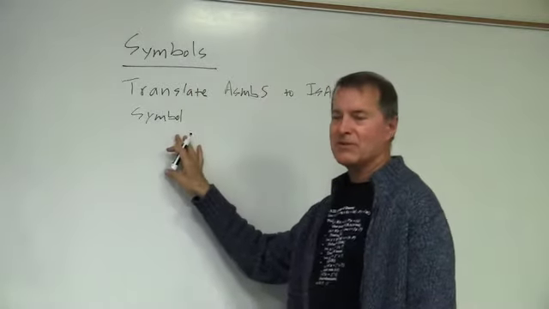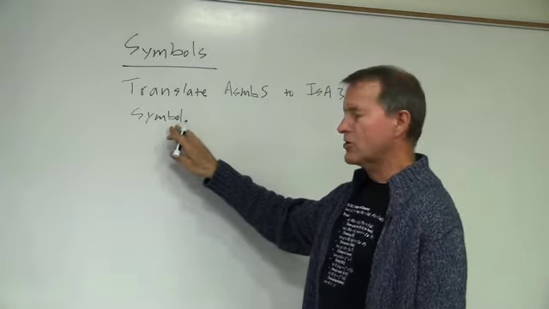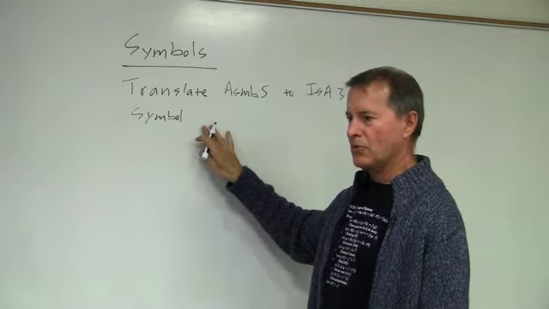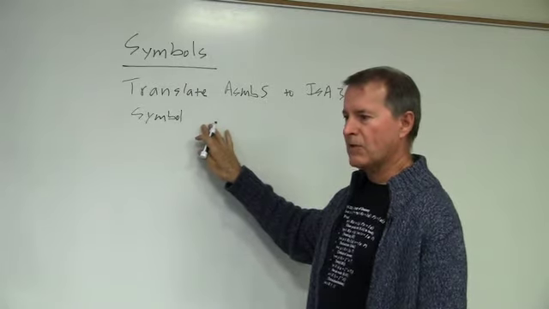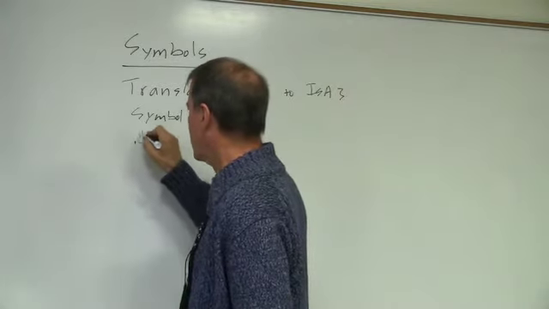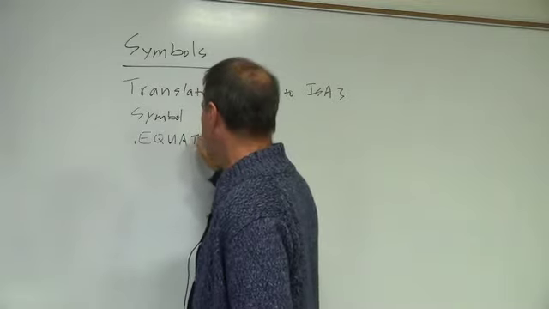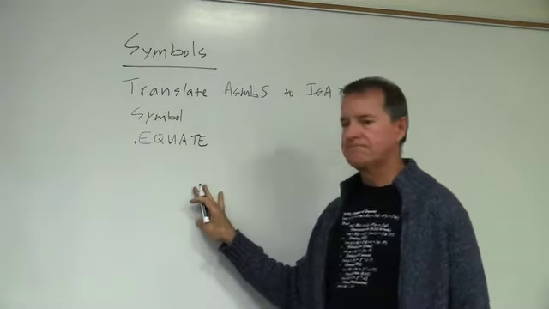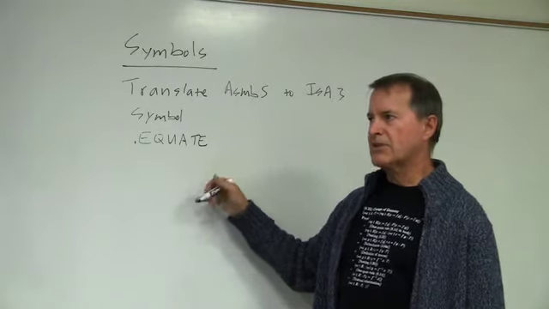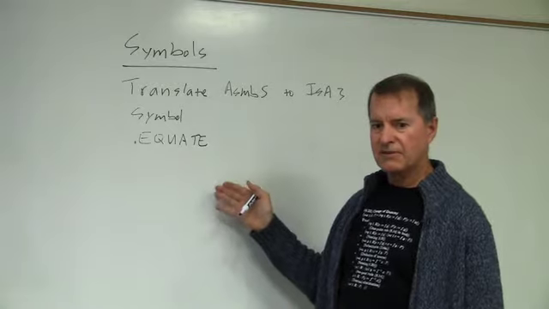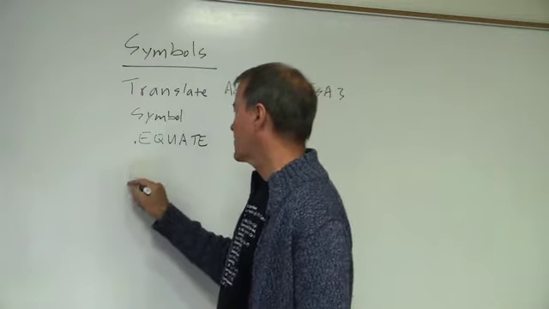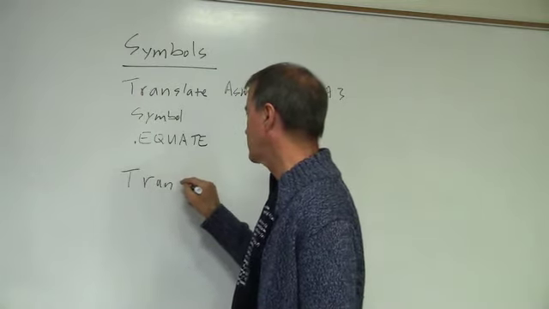I don't want to write all this stuff down. This is all review anyway. So remember, in general, the value of a symbol is the address of the code, the first byte of the code that's generated by that. But the exception is the dot EQUATE. In that case, the equate just equates the symbol to the value. Are you with me? All right? And now, here's another big thing that we started doing that we hadn't done before.